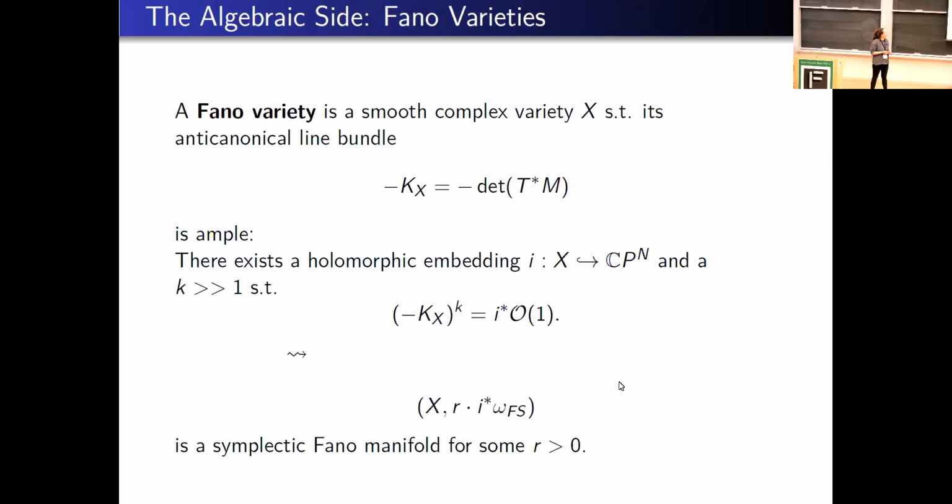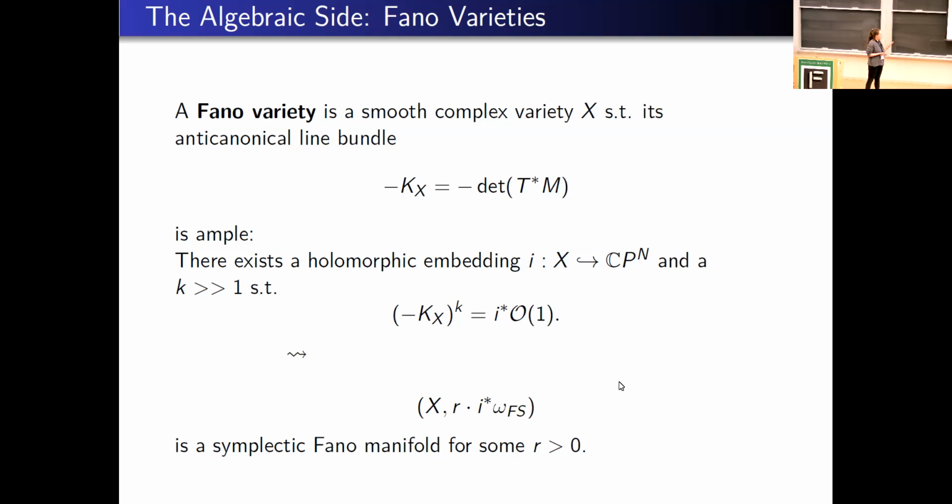Okay. On the algebraic side, we consider Fano varieties. A Fano variety is a smooth complex variety such that its anti-canonical line bundle, which is the determinant line bundle of the tangent bundle, is ample. And this means the following: we can find a holomorphic embedding of this variety into some projective space, and